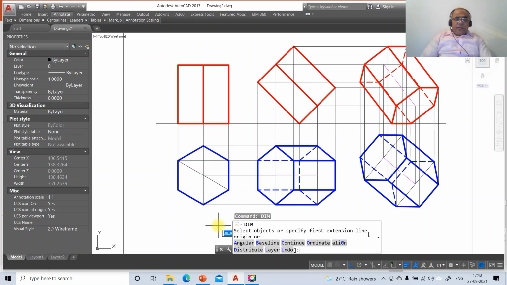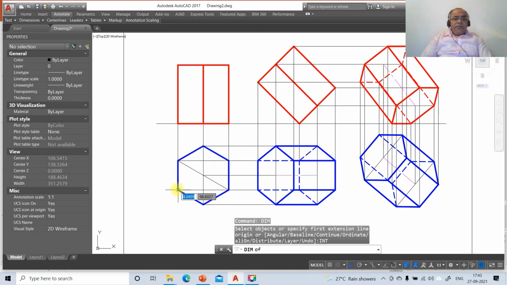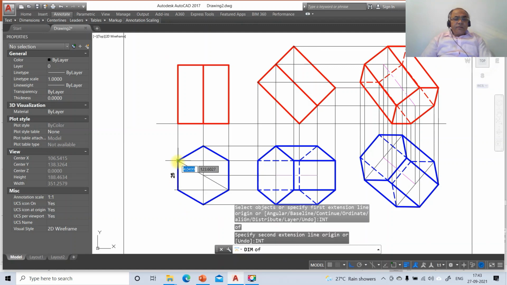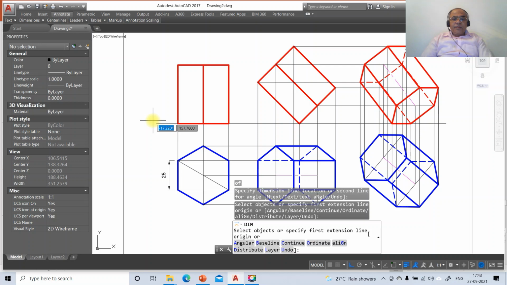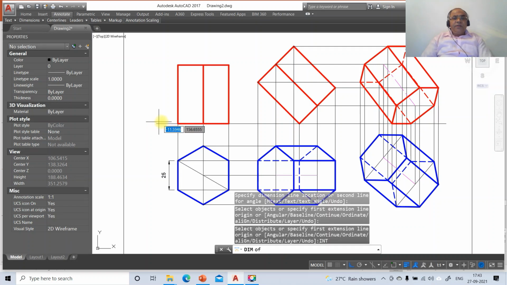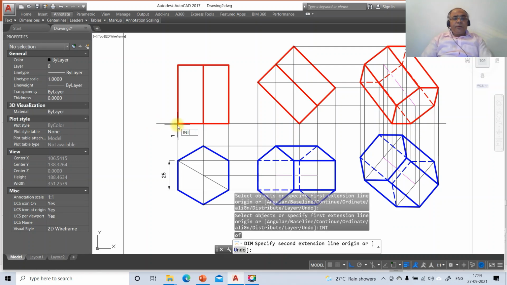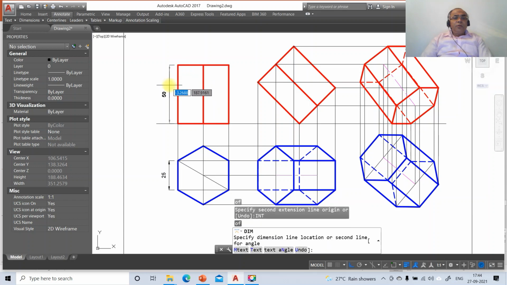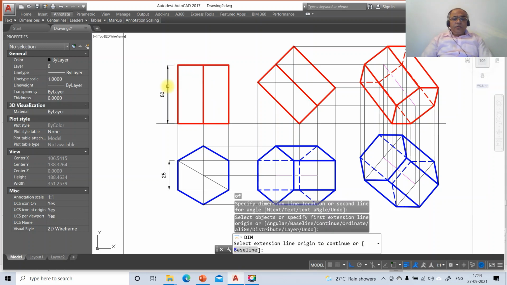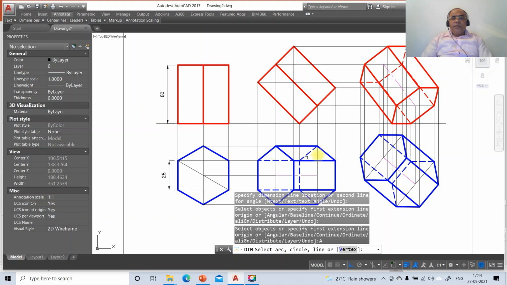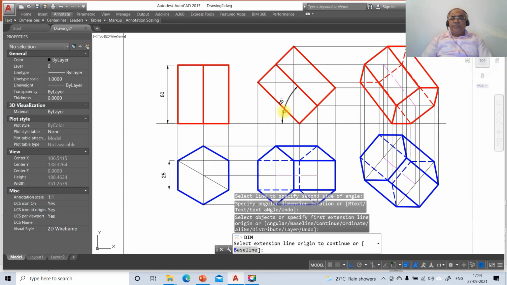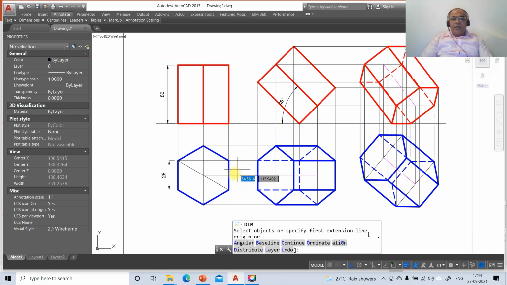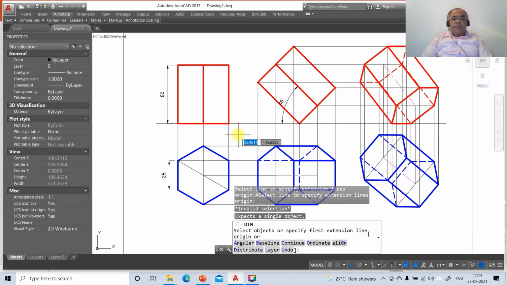Now we have dim and you take INT of this and take intersection point of this, so you're going to get 25. Similarly, you take INT of this and take intersection point of this now. So you're going to get it as 50. Then go to angular, select between this line and this line, so you're going to get 45. Then take angular